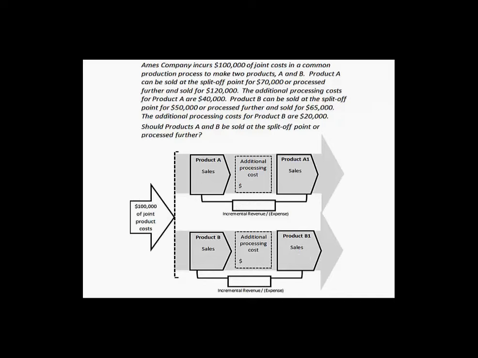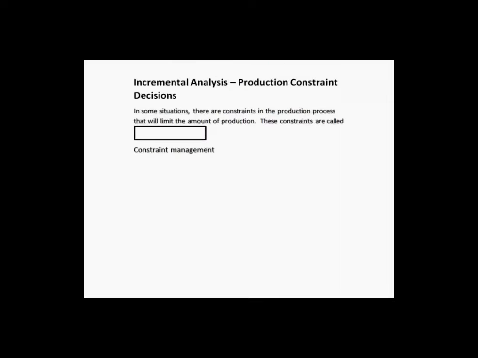So let's go on to the last subject matter item that we did not cover, and that is what we call production constraints. The area that we're going to cover is called the production constraint decision. And we can liken a production constraint decision